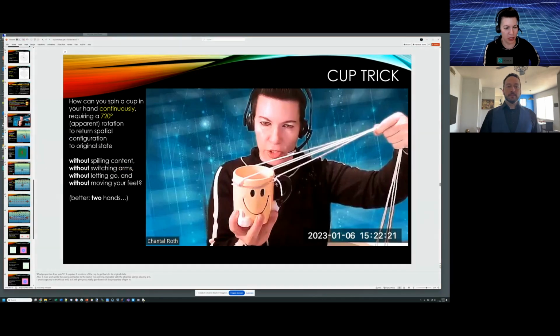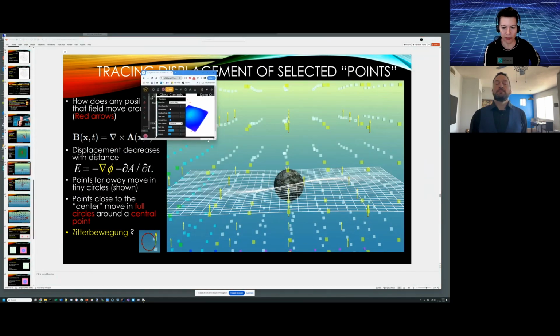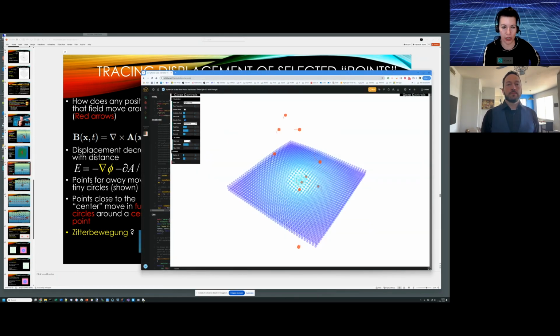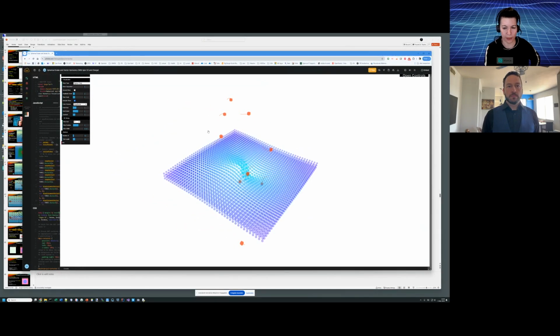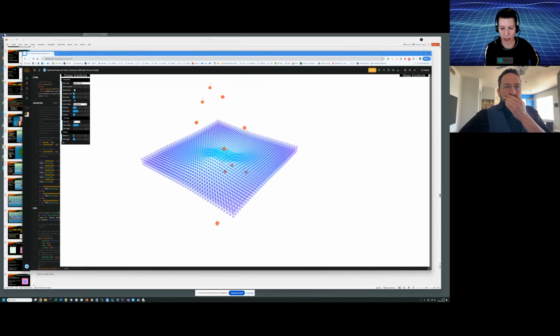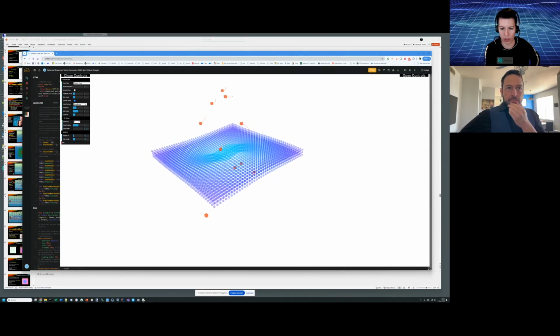Okay. Yeah, actually, since we're talking about this, I also have a JavaScript simulation that I can share. I'll send you the link as well. I think I sent it in the email. Here you have actually quite a few things you can do. First of all, you can rotate this in any way. You can watch how these grid points are moving.